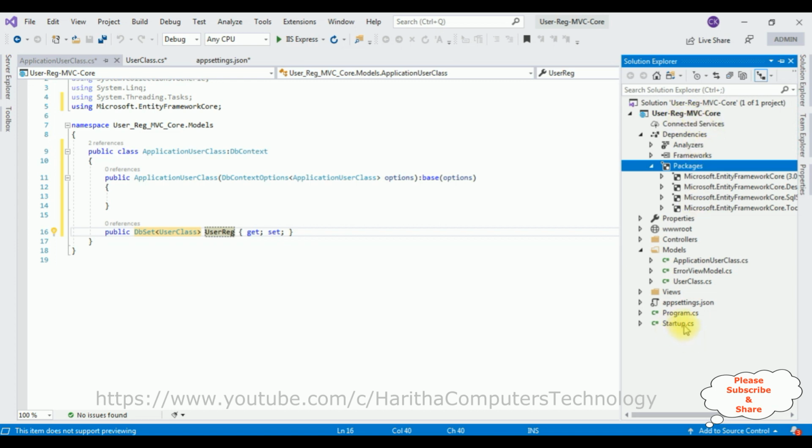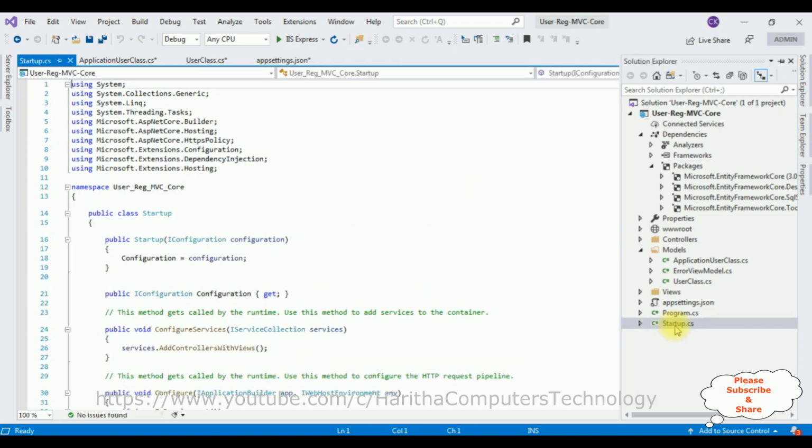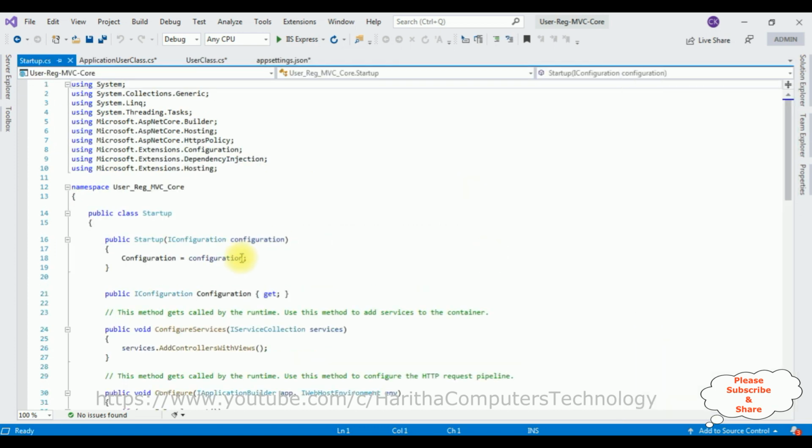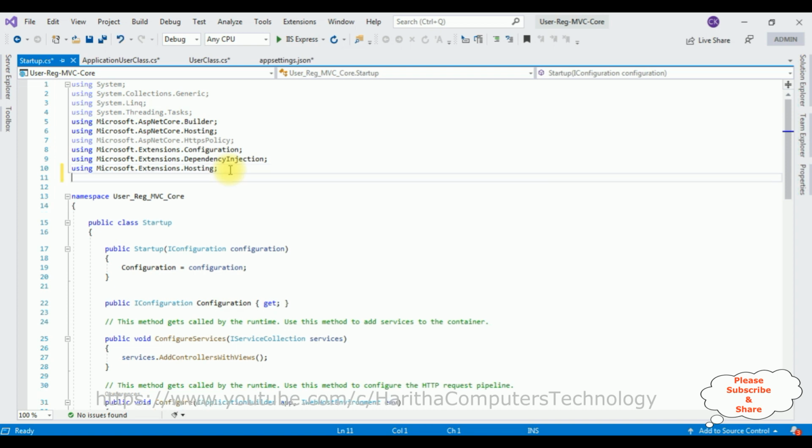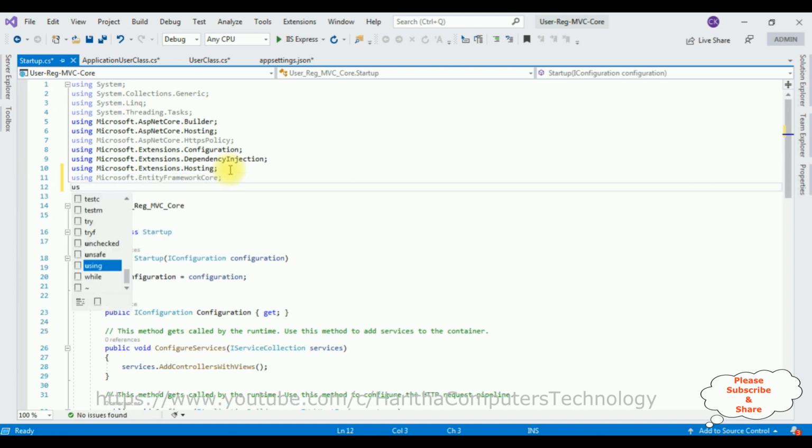Notice in the project there is a Startup.cs file at the bottom. Open that file. Now in this file we need to add the services for the application user class and our connection string name in this ConfigureServices method. So before adding the services, let's import the namespaces: using Microsoft.EntityFrameworkCore, and the next namespace, using the project name dot Models folder. After adding these two namespaces,